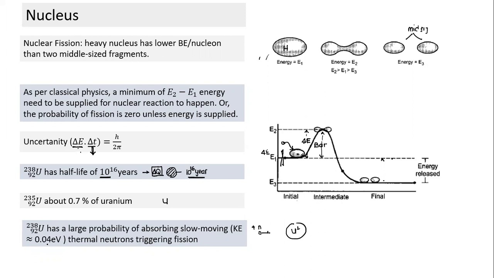If neutrons have energy of the order of 0.04 electron volt, they have very high probability of getting absorbed by this particular nucleus, and when absorbed, it triggers a nuclear reaction. So if I have two types of neutron, some with energy of 0.04 electron volts and some with energy of say 10